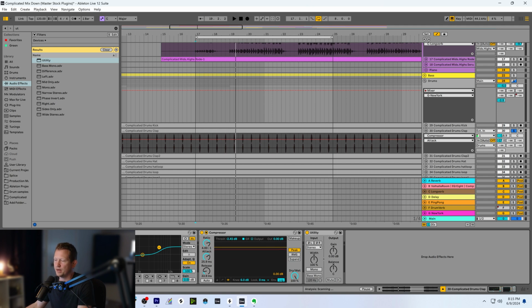And so if I lower the threshold and play it, you can see it kind of tightens it up a little bit. And it's letting that transient pop through, versus if I go like this, and even if I add some makeup gain,